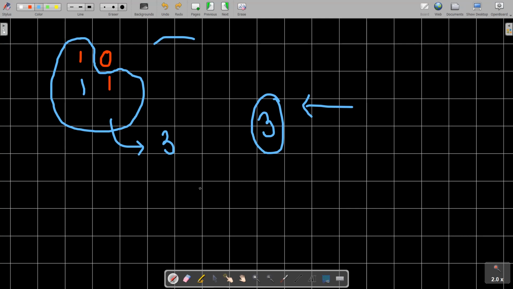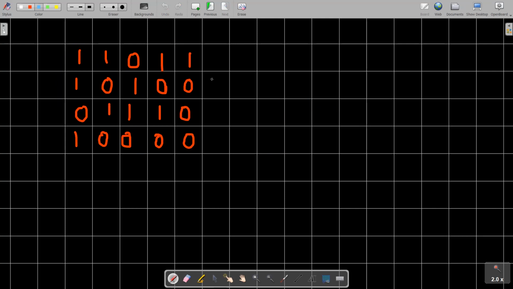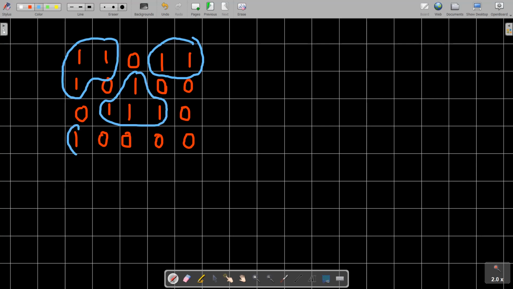So let's move on to some difficult examples like this one. Let's first find out the connected components that are present over here. You can see that this is one of the connected components. Note that I am not going to change any cell containing the value 0 to 1. So this is also one of the connected components, and this is also one of the connected components. There are 4 islands present over here. So what is the maximum size of island? Among any of the islands, you can see it is coming out as 4.